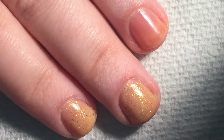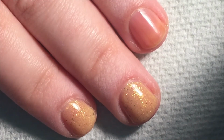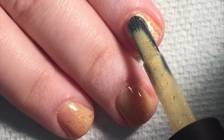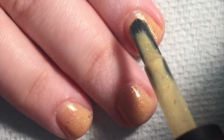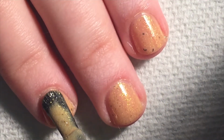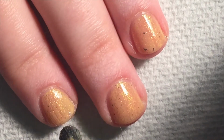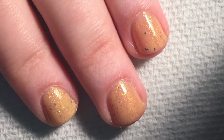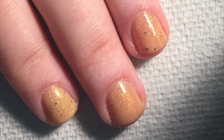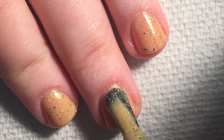So like the other polishes, it's a little sheer on that first coat, but it builds up super nicely on that second coat. Even with the first coat, you can see clearly all the multichrome flakies that are in there, and it isn't jam-packed with them, but it is a pretty healthy dispersion of them. I think the star of this polish is that gold shimmer, but the multichrome flakes definitely give that dimension to the polish, and looking at this a second time, I'm getting the feeling I'm going to wear this a lot